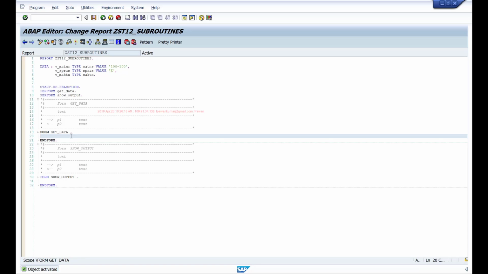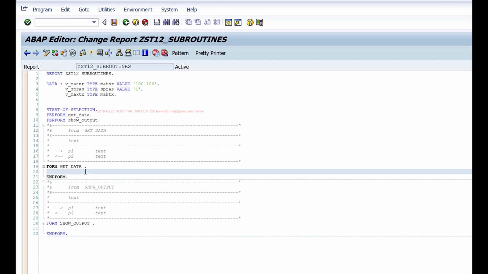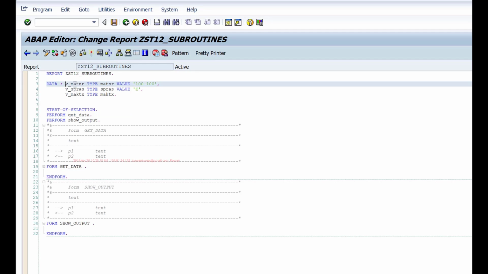But generally, whenever you are changing the data, it is recommended not to change the global variables. If I have a global variable and I'm changing it in your subroutines, then when I look at the code, it's easy to get lost. It is difficult to identify where exactly this particular variable is getting changed. I'll assume it will have a certain value, but by the time I reach the end of the report, it will have a different value, and it will be very difficult for me to trace where exactly it is getting changed.